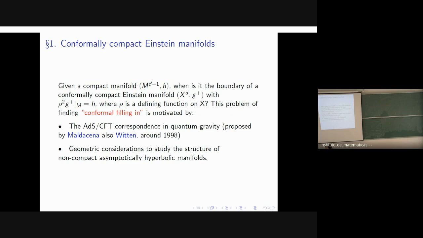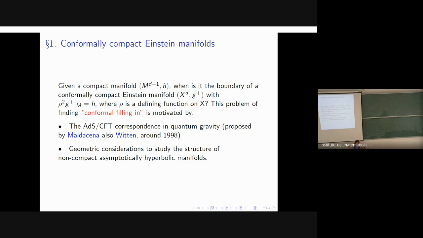When it is the boundary of another manifold X^d with a Poincare-Einstein metric, the relation between h and the Poincare metric is that you can have a defining function rho such that rho squared G plus